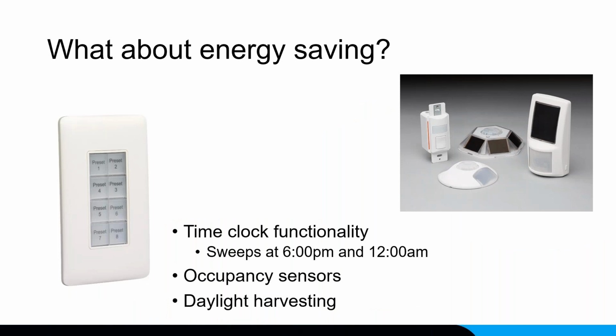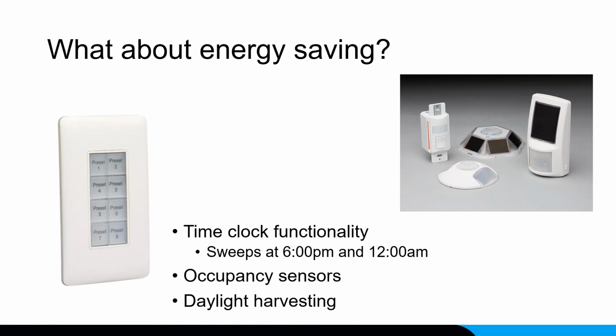And one other little detail about all this, tied into these systems that we're talking about, you can put all this stuff in there that will also help you in terms of energy saving. I can do time clocks. In other words, we can do a clock function that we call a sweep. At 6 p.m., it turns off every light except for just a few that we need on. Someone comes in for an evening function, turns things on so that we can have a meeting at night or a choir rehearsal. We can do another sweep at midnight to make sure that lights aren't left on unnecessarily and